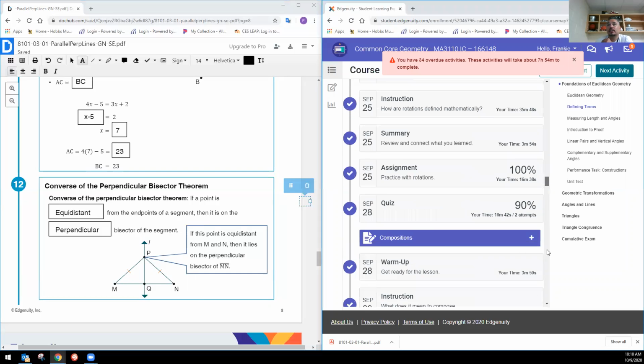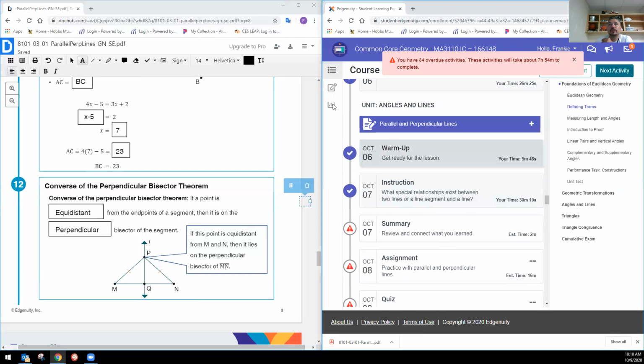Okay, let's see. So now we're right here. We just finished with instruction. So there it is, guys. I'm gonna stop recording right there. That's the lesson right there. It is a little tough. You gotta pay attention to this stuff. Now it's time to get some hard work done. New vocabulary, everything like that. So make sure you guys